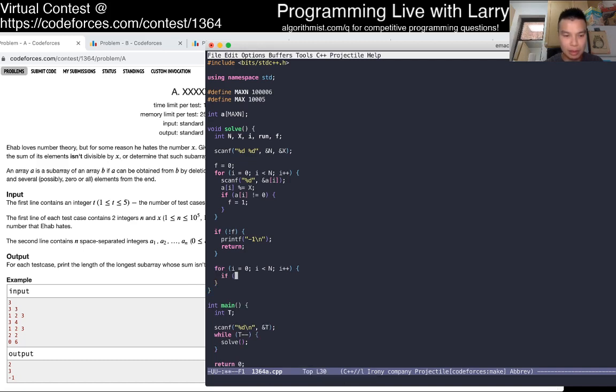If it is a non-zero, then yes, you can look for non-zeros, but if the prefix sum is non-zero, you could go from the beginning of the array anyway. Okay, so this is 0, we do stuff, otherwise it's non-zero, so then max is equal to max of I plus 1.